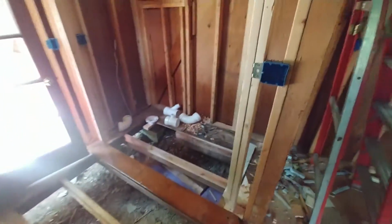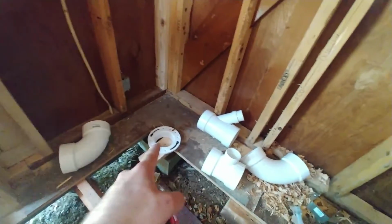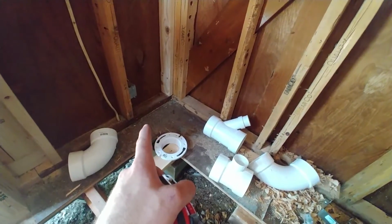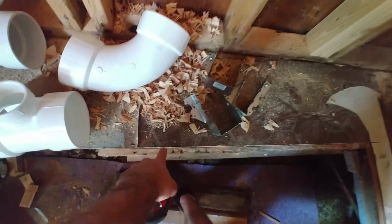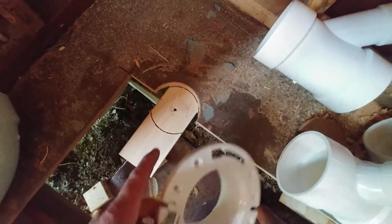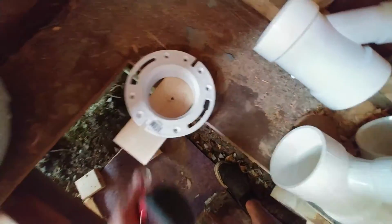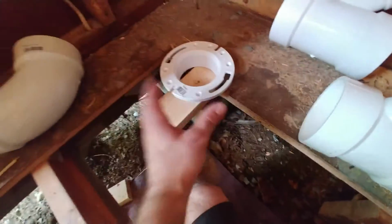Alright, I got to blabbing once again, and I neglected a few points that I wanted to make here about the toilet. Because of its location, the opening in the floor that I took, I wanted right on the center of the first floor joist, and that, like I said, put it on the center of the toilet connection. It works out because I want to be able to attach this flange to the subfloor in a meaningful way, and then do all of my plumbing to it and out to the black water tank